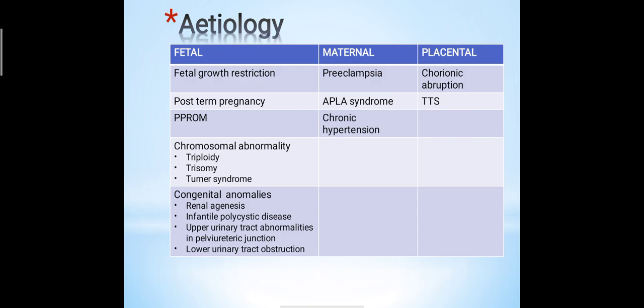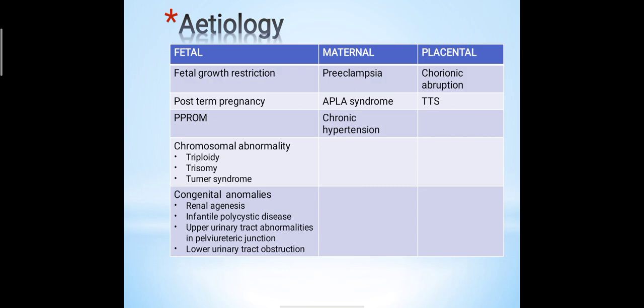As we know, as the pregnancy advances, there is less formation of liquor amnii. Premature rupture of membrane: there is a history of leaking membrane, so it is associated with oligohydramnios. Chromosomal anomalies like triploidy, trisomy and Turner syndrome are all associated with oligohydramnios. Congenital anomalies like renal agenesis, infantile polycystic disease, upper urinary tract abnormalities in pelvic-ureteric junction, lower urinary tract obstruction,